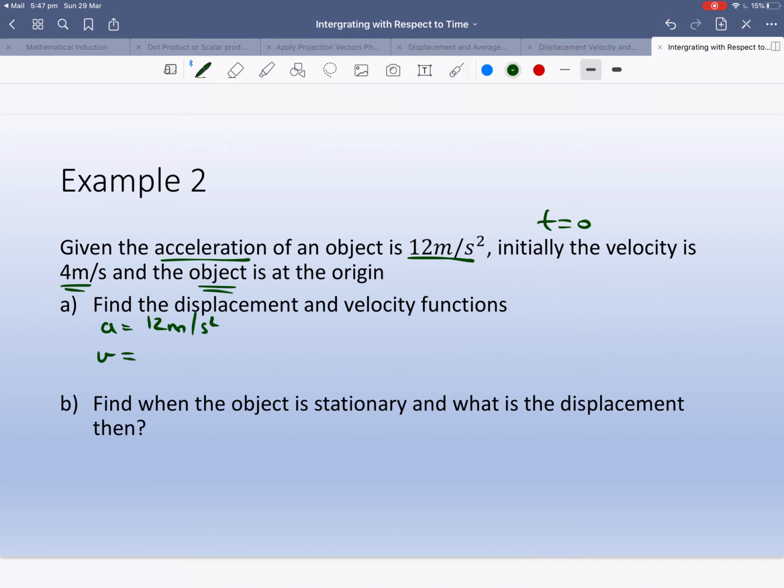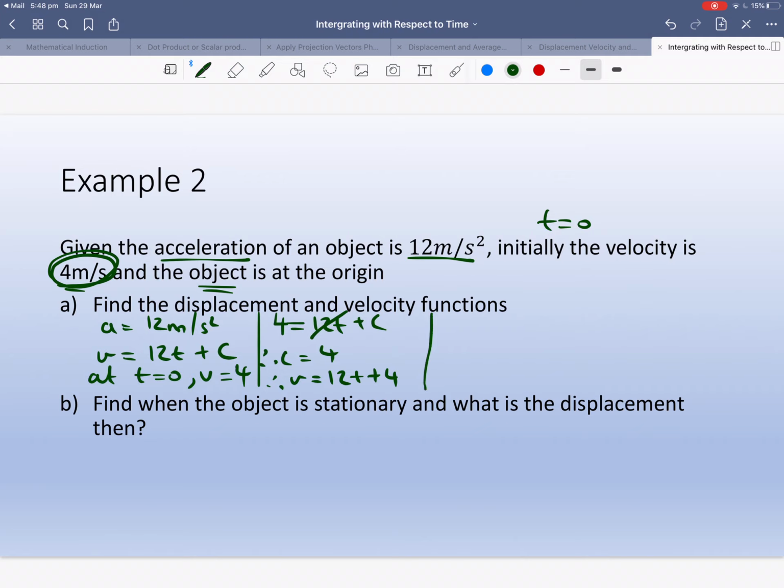Velocity, we'll go v equals the integration of that. That's pretty simple, 12t. Remember to go plus c. At t equals 0, v equals 4 meters per second, so v equals 4. So we get 4 equals 12t plus c, therefore c equals, that's 0 by the way. So c equals 4, therefore our velocity formula will be 12t plus 4. All right, for displacement,